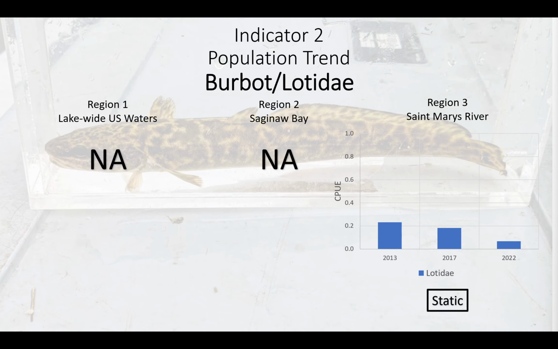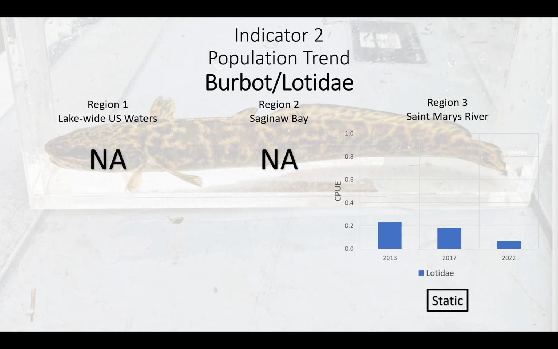The next family that we're going to look at are the burbot, or the Lotidae. There was insufficient data to determine what that population trend was in U.S. waters and in Saginaw Bay with the current data sets that we had. However, in St. Mary's River, we're seeing